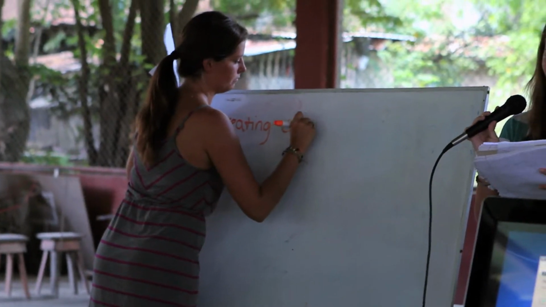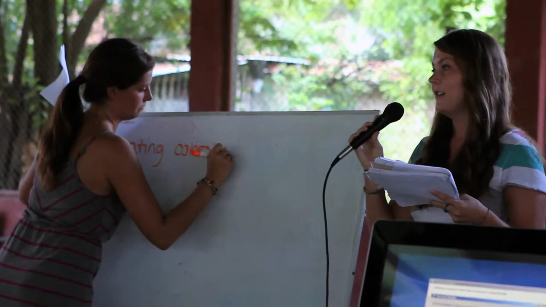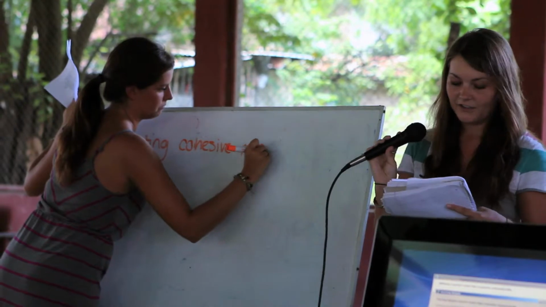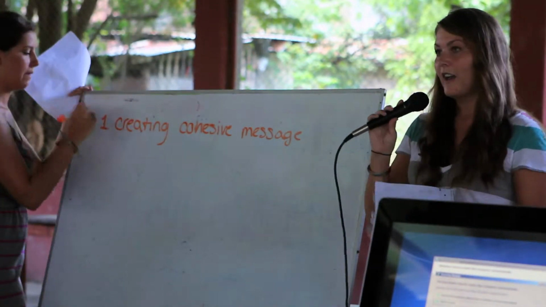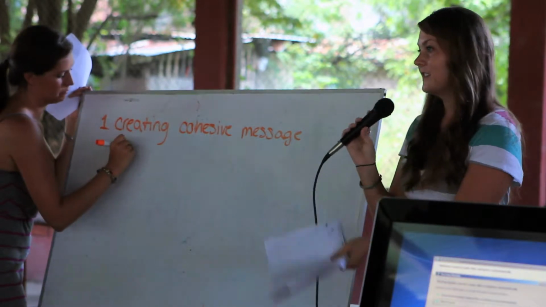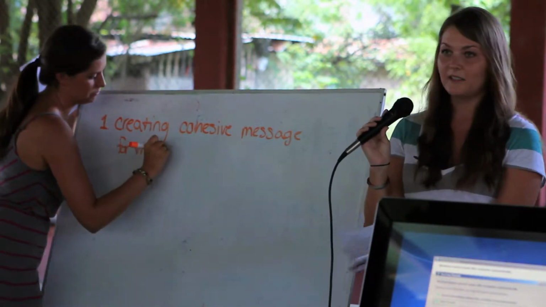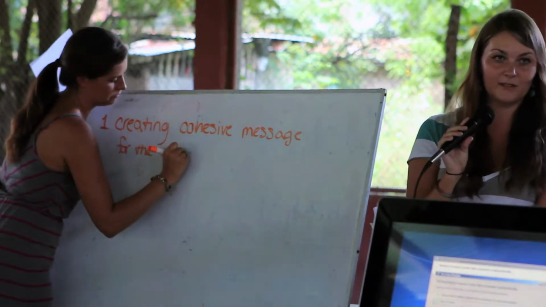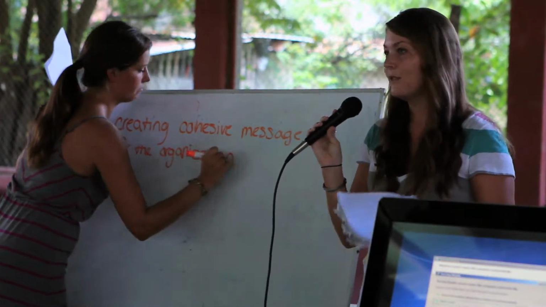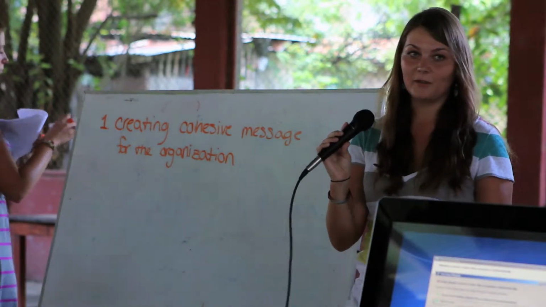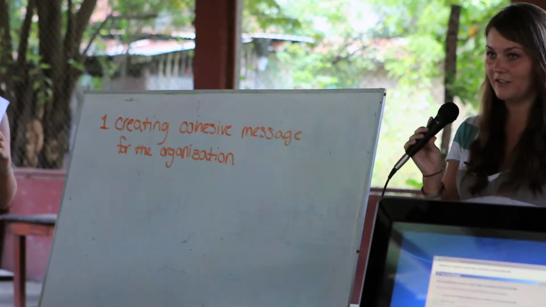So anything from making sure that we are using updated stats that are accurate, that we have the same message, that we're using the same language so that when I submit a grant and the organization looks at it, the first thing they're going to do is type in our website and look at what Rachel has written on their website or the communication team has written on the website. And it's important that those two things reflect a similar organization,